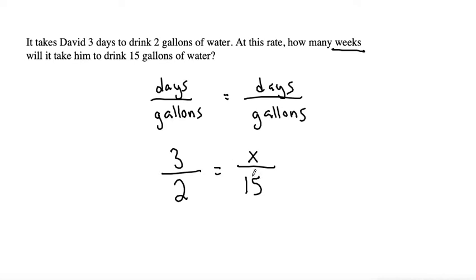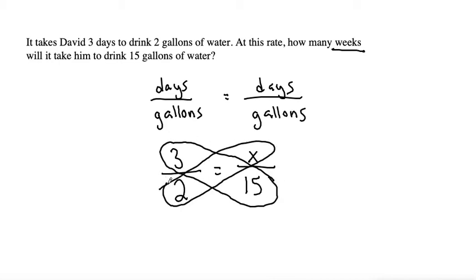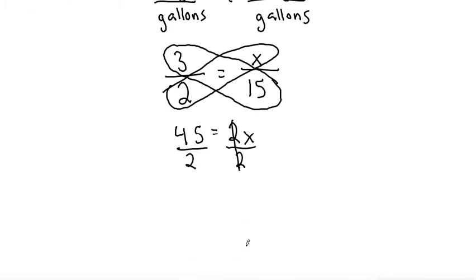From here, we can do the butterfly strategy: if we have a fraction equaling another fraction, we can multiply across. So 15 times 3 is 45, and that'll equal 2 times x, which is 2x. Solving for x, since we have a coefficient of x, we need to divide both sides by 2 to get that coefficient to go away from the x. Let me give myself a little more room. And 45 divided by 2